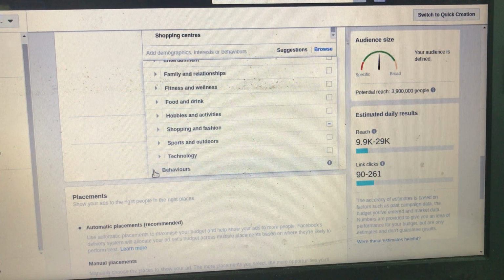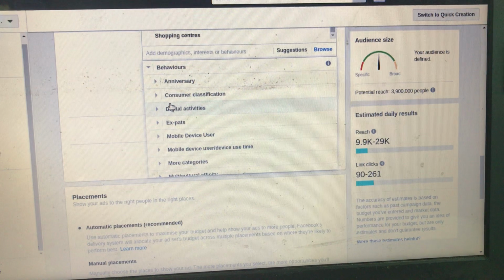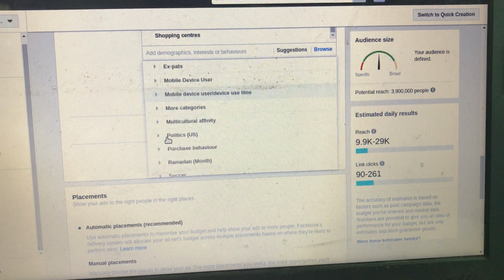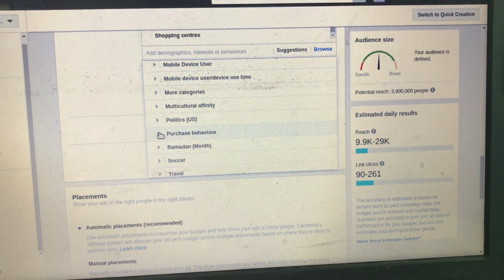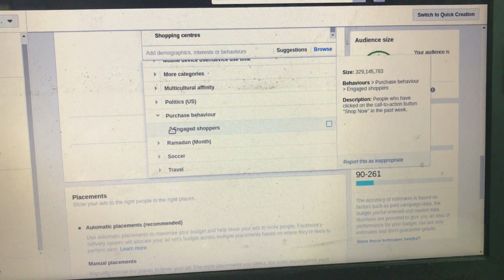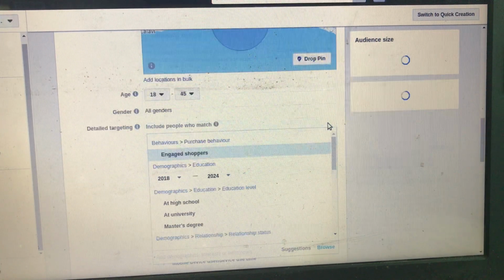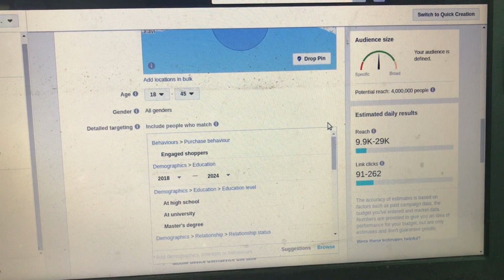So now we go to their behaviors. Their behavior is based on what they do on Facebook. But the only thing I want you to take note of here is their purchase behavior. Their purchase behavior is based on people who have clicked on a particular call to action button, for example, shop now in the past week. So they are called engaged shoppers. In whatever targeting you are doing, if you don't add engaged shoppers, please don't do it at all. Don't do it,